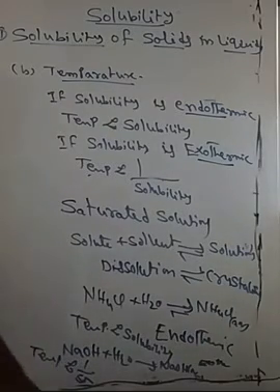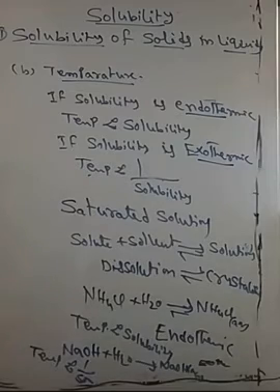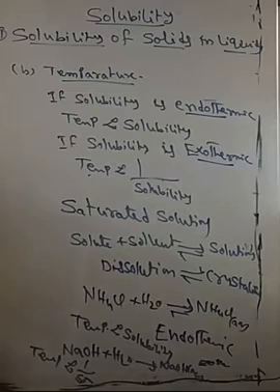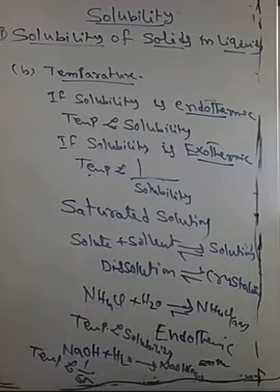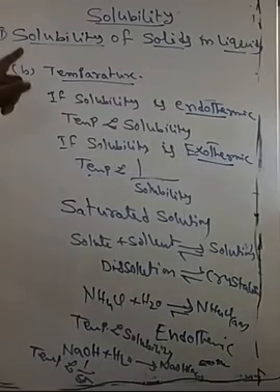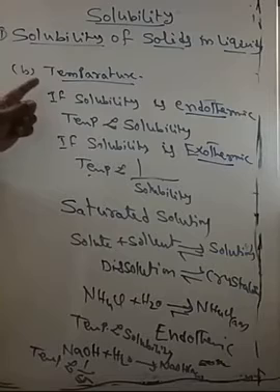So the dissolving of ammonium chloride is an endothermic process. That's why when the temperature rises, the solubility of ammonium chloride also increases. But in the case of sodium hydroxide solution, if the temperature increases, the solubility decreases. Why? Because this process is an exothermic process. That is why, according to Le Chatelier principle, we see the effect of the temperature on